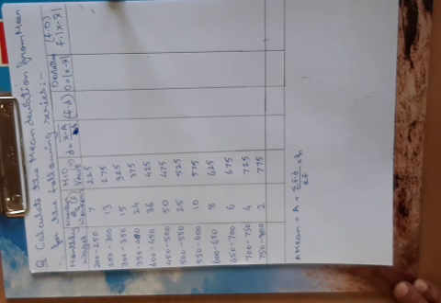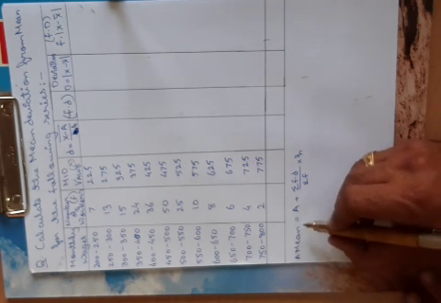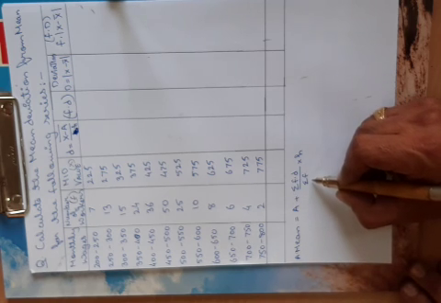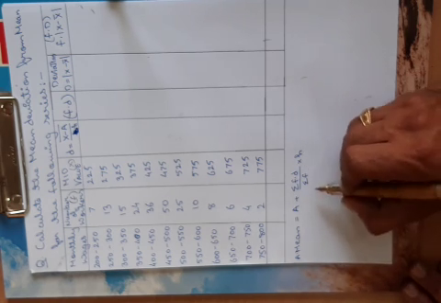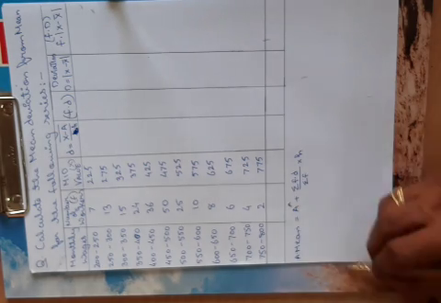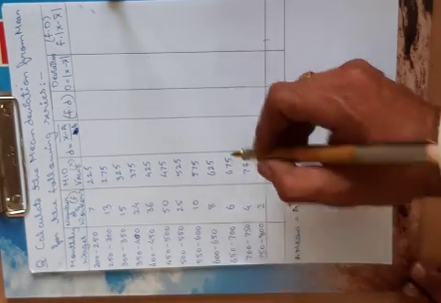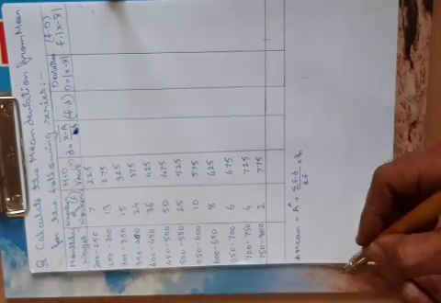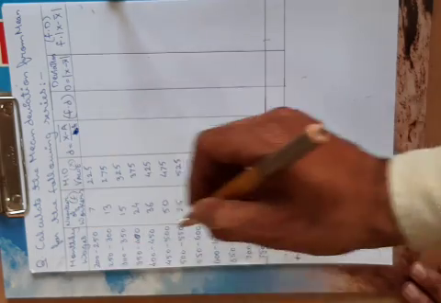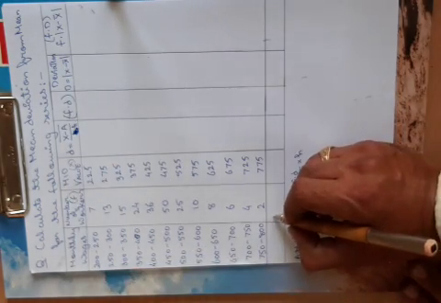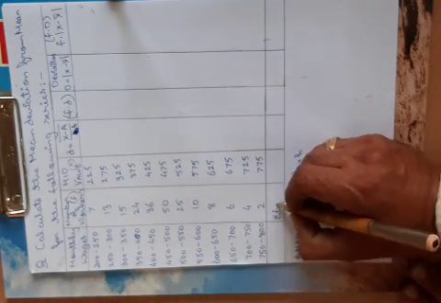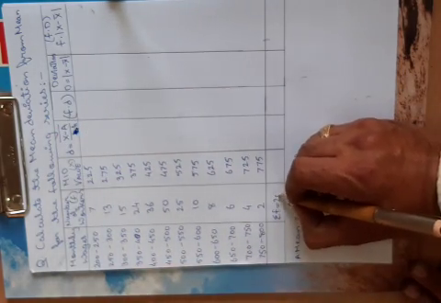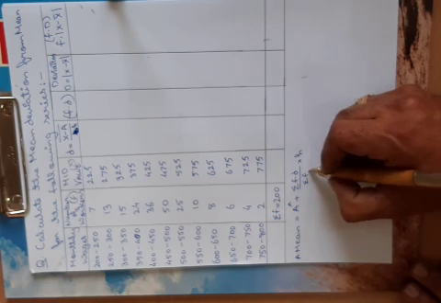Now friends, for calculating the arithmetic mean, the formula is: arithmetic mean is equal to A plus summation of F into D divided by summation of F, multiplied by h, where A is the assumed mean. Here we have to calculate summation of F, that is the summation of frequency. The number of workers is nothing but the frequency. So here we have to make the total summation F. This total, the addition of F, comes to 200. So we know the value of summation F.